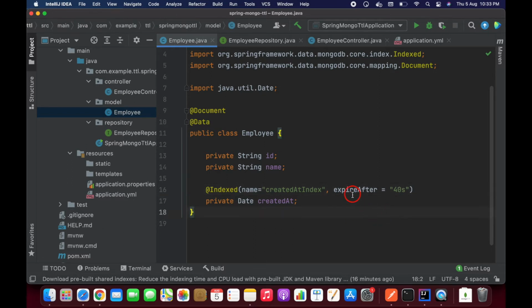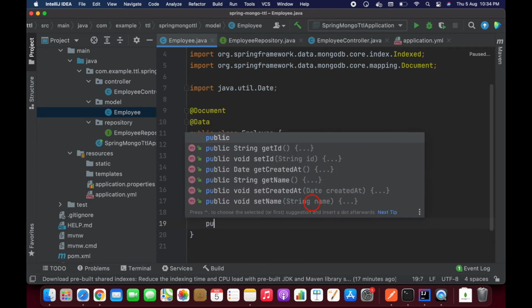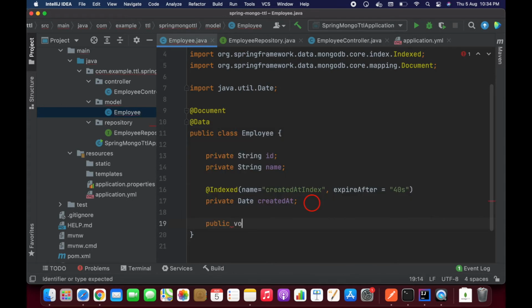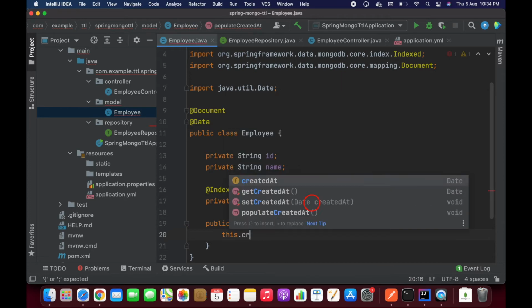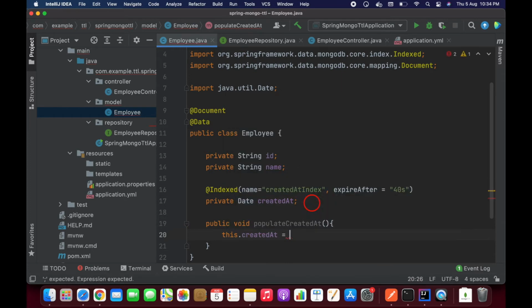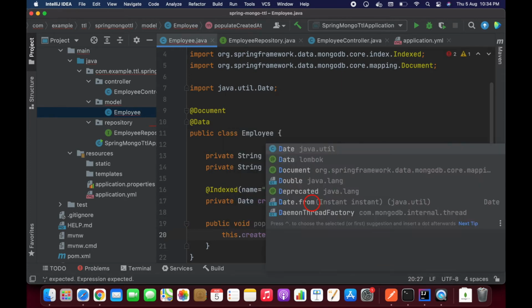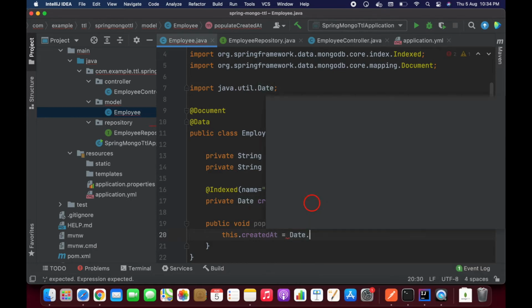So I'm going to take it as 40 seconds here. That's it. And I want to populate some date from the Spring Boot application. So I'm going to create one method, public void populateCreatedAt. Let's take this.createdAt, and I'm going to take Date.from.